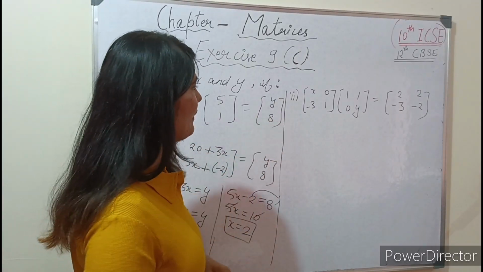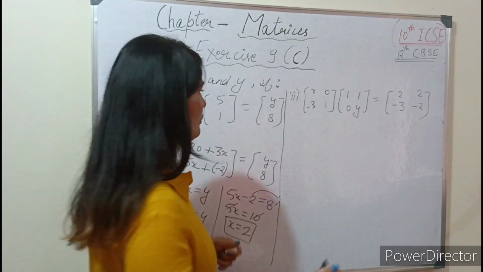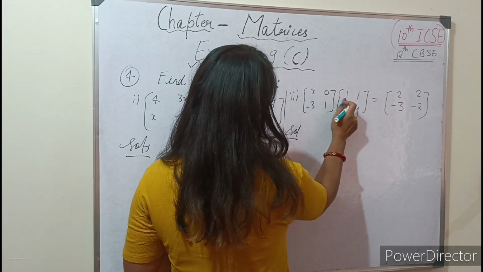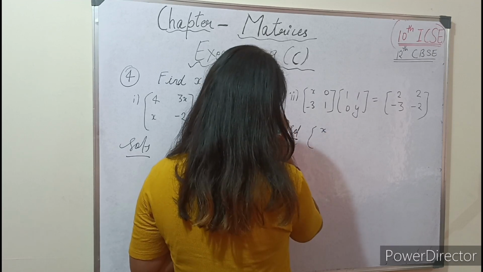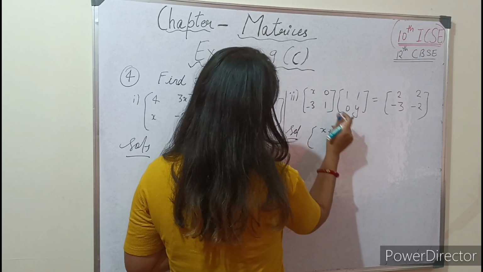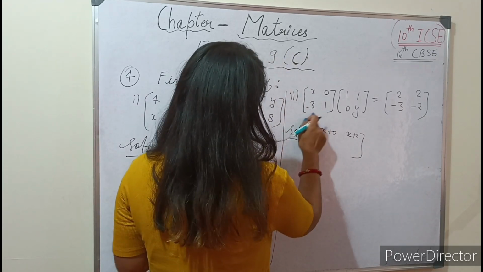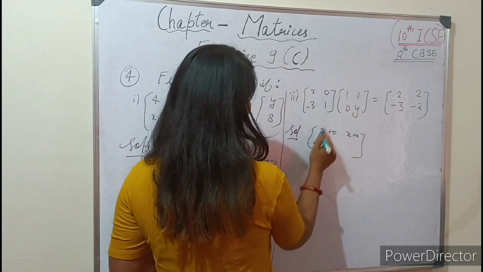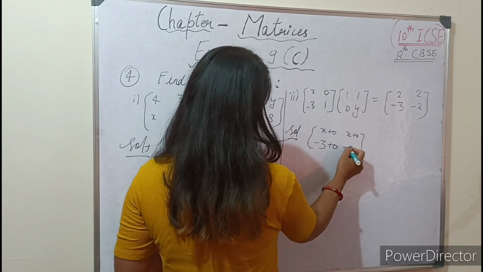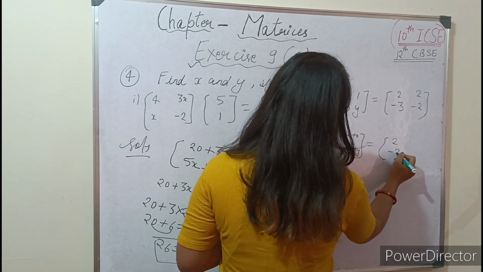Now moving to its second part. You can see here the same matrix is given to us and we have to find the value of x and y. So let's start solving this. Same way, row multiply by column. So x into 1, x, 0 into 0, this is 0. x into 1 is x and 0 into y is 0. Now second row multiply by the first column. Minus 3 into 1 is minus 3 and 1 into 0 is 0. Minus 3 into 1 is minus 3 and 1 into y is y, equal to 2, minus 3, 2